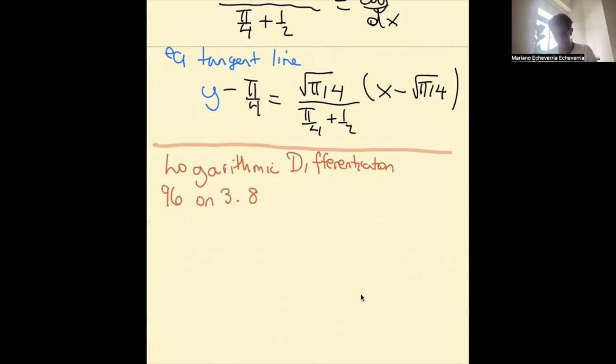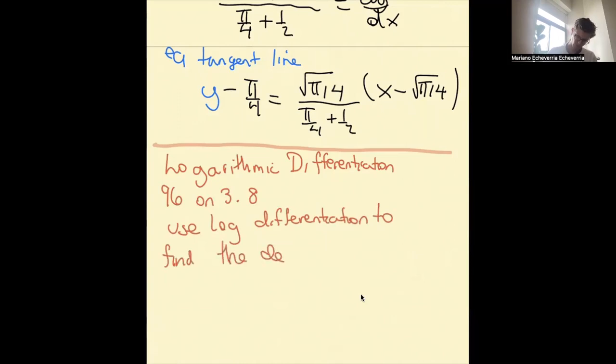So it's to use logarithmic differentiation. Derivative of